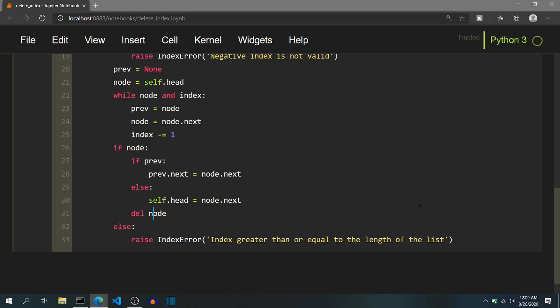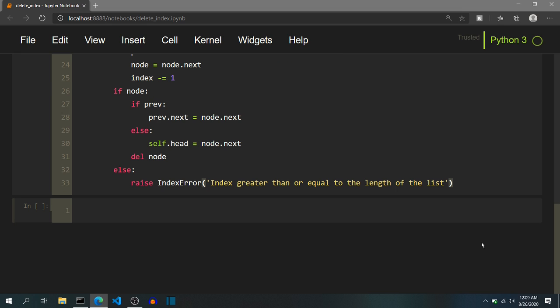So now as we have done the dry run and visualized all the boundary cases as well as non-boundary cases, we can execute this code and see the actual working of the code. So I will create an object of linked list by calling the constructor of the linked list class that we have created. Inside the constructor we can pass the same numbers, the same data as we have seen in the visualization, that is 1 2 3. Initially we will print the linked list so that we can verify that the linked list has been created correctly. Yes, 1 2 and 3 in this right order.